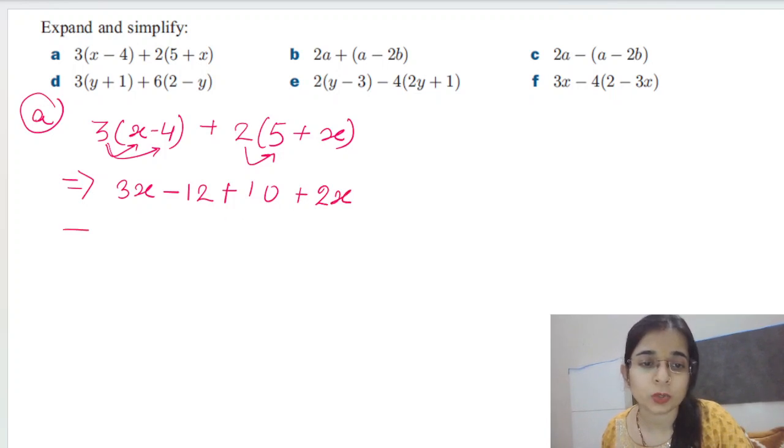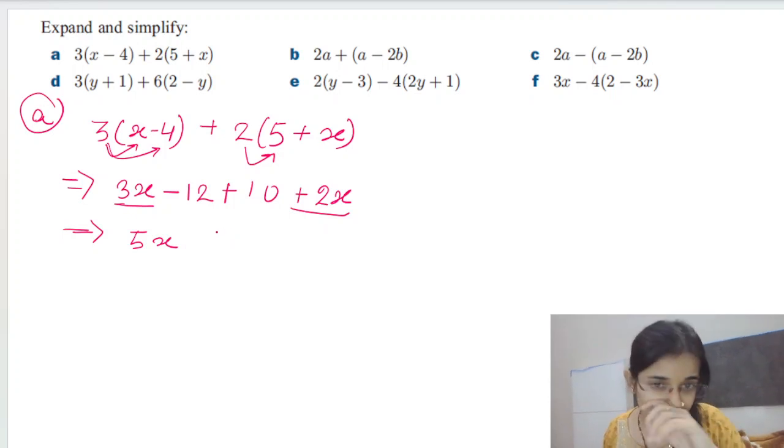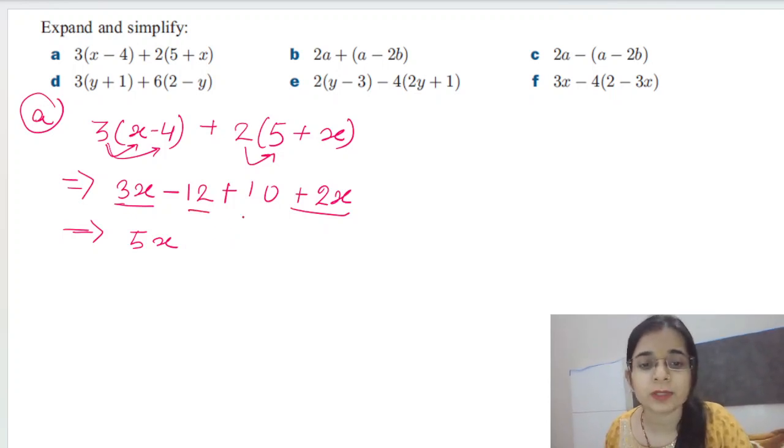We are not going to leave this expression as it is. We are going to further solve it. See, these are two like terms, 3x and 2x. So we are going to add these two. Only like terms can get added in the algebraic expression, not the unlike terms. And also you can see these two are constants, so obviously we can solve them. Minus 12 minus 2, basically we are going to add these, and 12 plus 2 is 14